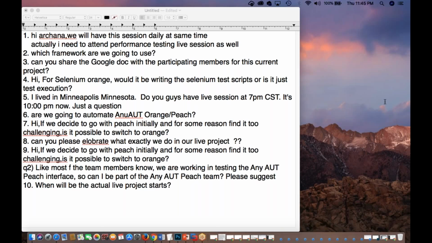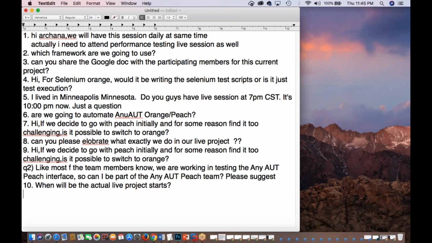Okay. All right, so the next question would be from Sujata again, and she's asking, if she is 50% familiar with Selenium, is she capable of opting for the AnyAUT Peach team? I would say if you're 50% familiar with Selenium and if you have a good understanding of the core Java